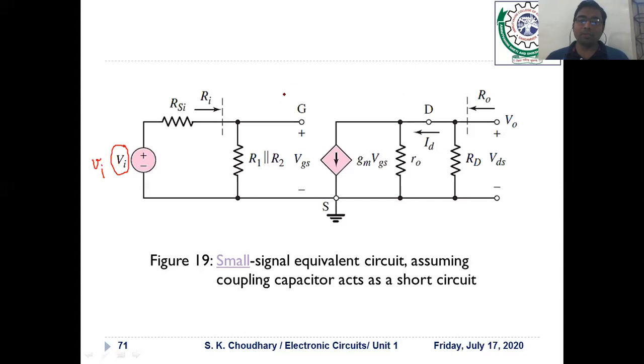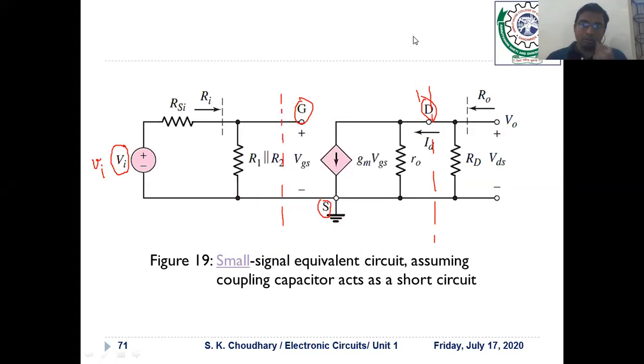The first step to draw such an equivalent circuit is that first of all you have to draw the small signal equivalent circuit for the MOSFET transistor only. So what are the components of the MOSFET transistor in this diagram? That is separated by a boundary, in red color. This G is the gate terminal, then we have to indicate the drain, then the source. So both terminals you have to indicate here.